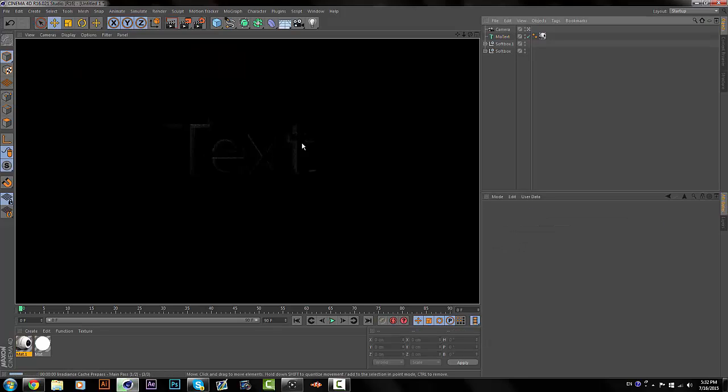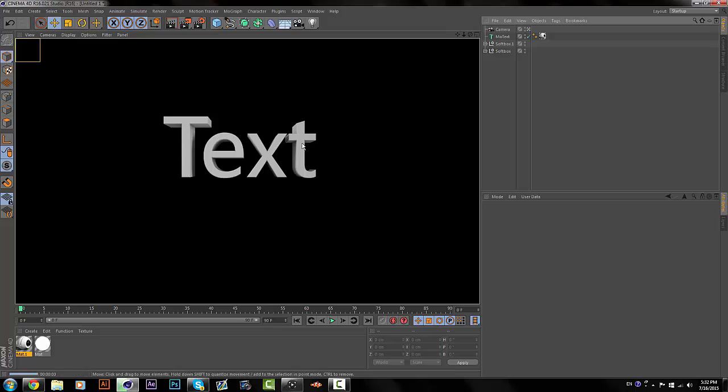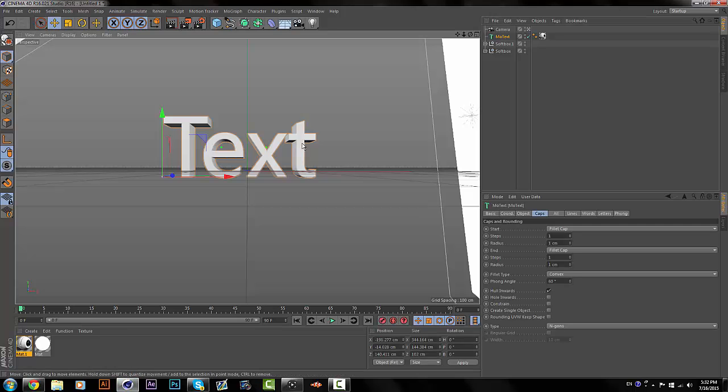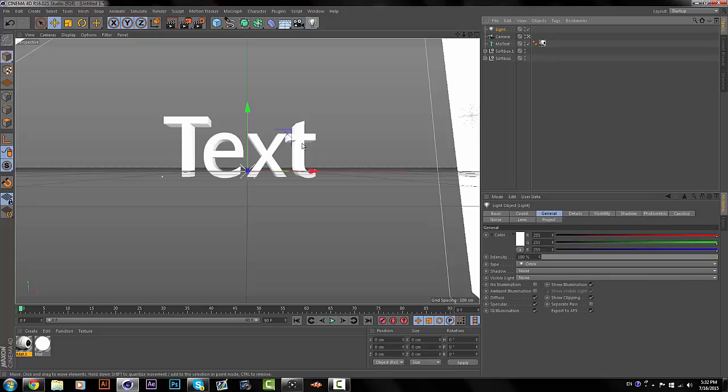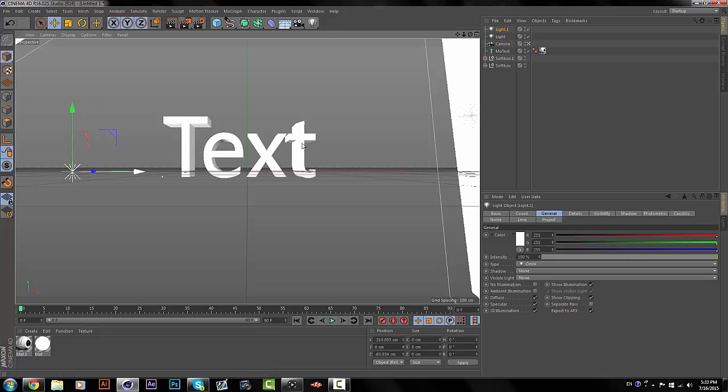It all depends on your lights as well, because I'm making this homemade Lightroom and stuff like that, and I normally use Wolf's Lightroom. It's a little bit better, a lot better, but anyways, it's just a little quick tutorial. If you can't find any Lightrooms that you can afford or anything like that,